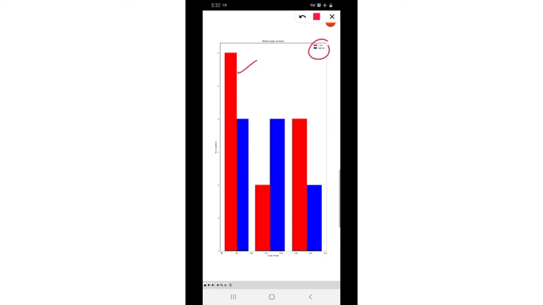So the red color represents men, and the blue color represents women, and it is displayed. This will be shown only if in the program we specify plt.legend. This is called the legend of the graph. This legend gives information about the bars in the graph, that is, this bar represents men, this represents woman.